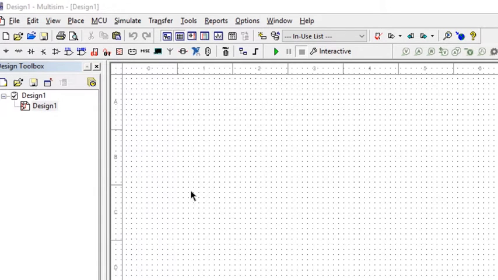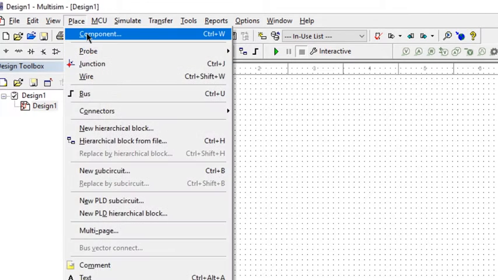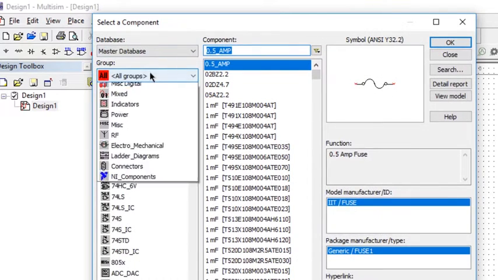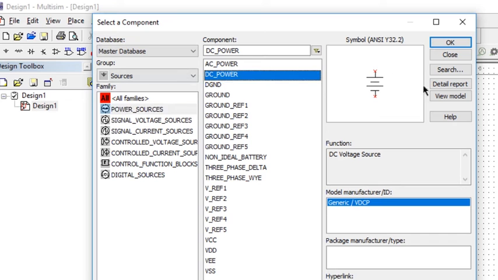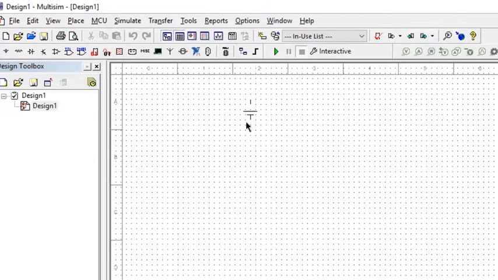First, let me represent the working of an LED using a circuit diagram and simulate it to learn how it works. I am using Multisim to simulate the circuit. You can use Multisim or Proteus. First, let's connect a voltage source. It is available under the Source option, Power source. You must use a DC power source, since many electronics cannot handle AC.